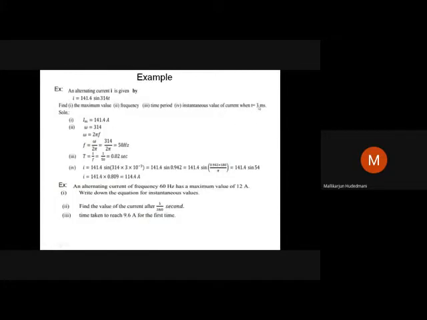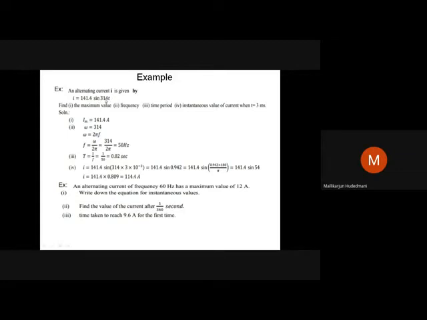Therefore, I have been set to calculate at t equal to 3 millisecond. What is the instantaneous value of this wave I want to calculate? It is a very simple task. Given the value, substitute it in the position of t and operate this function in radian mode. In the calculator, you have to operate it in radian. This you should not forget.